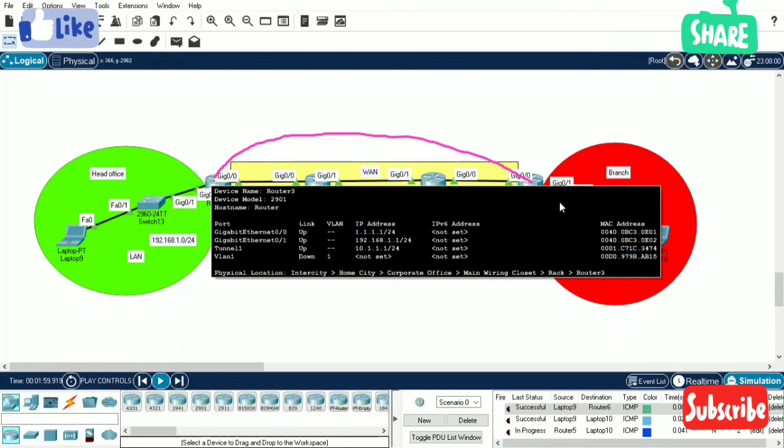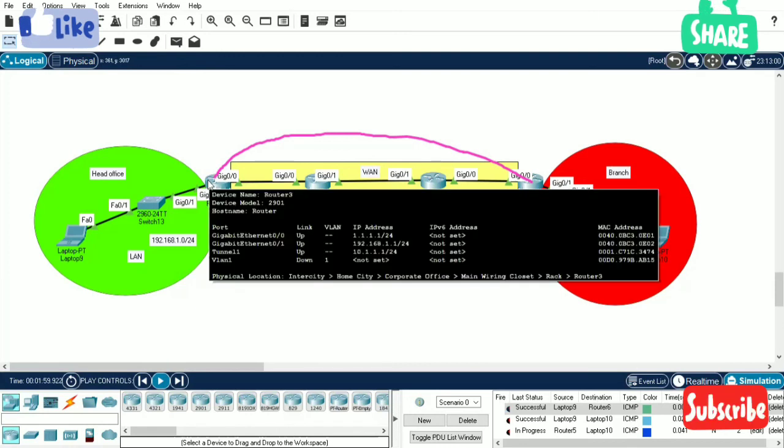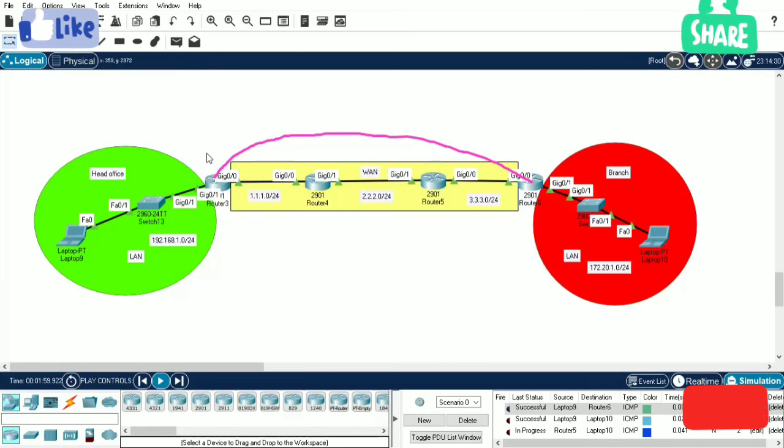The destination IP address is 3.3.3.4 and the source IP address is 1.1.1.1. This router adds an extra layer, an extra IP header, which has the source IP address of 1.1.1.1 and the destination of 3.3.3.4, which is the tunnel's IP address. Okay, so here the VPN tunnel works. So the packet from this network, the head office, to the branch goes through the tunnel, the logical tunnel.